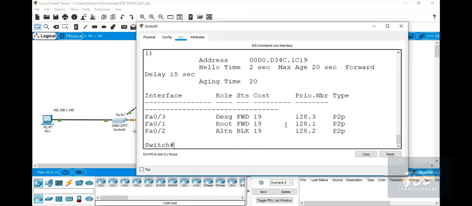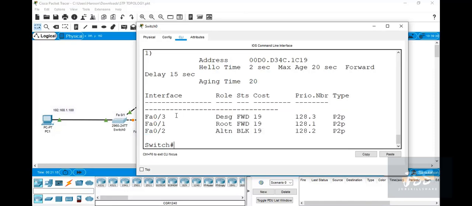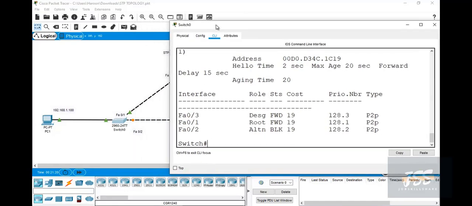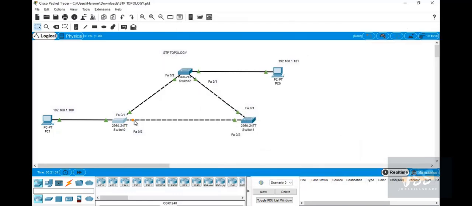You can see over here we have a spanning tree established. Roles are shown. FA0/3 port is a designated port. FA0/1 is the root port, and FA0/2, where the orange mark is shown over here, is the blocked port. So this is the blocked port right now.